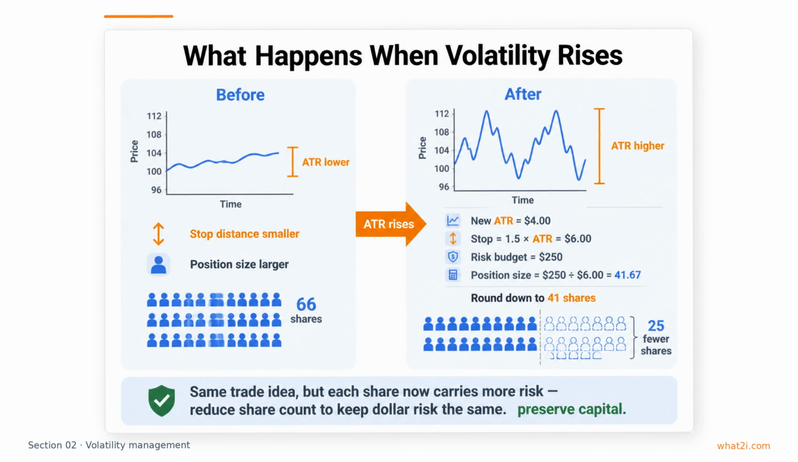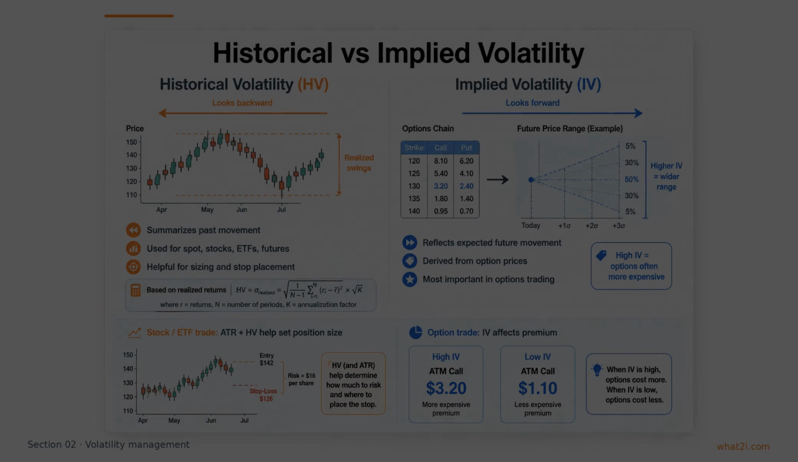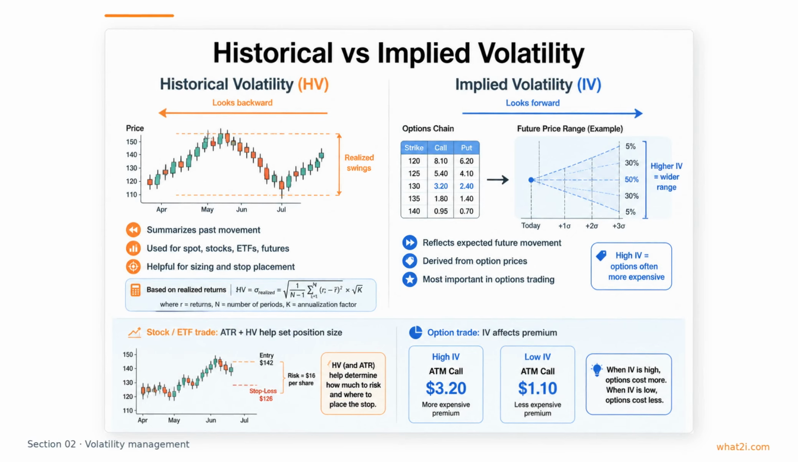Shrinking the position keeps the dollars at risk from drifting higher as volatility expands. It is also important to know that not all volatility measures answer the same question. Historical volatility looks backward and summarizes how much an asset has actually moved in the past. Implied volatility looks forward in a different way because it is derived from option prices and reflects market expectations about